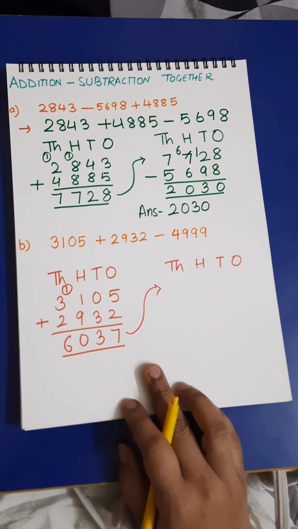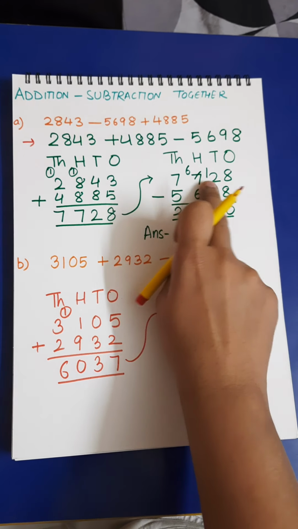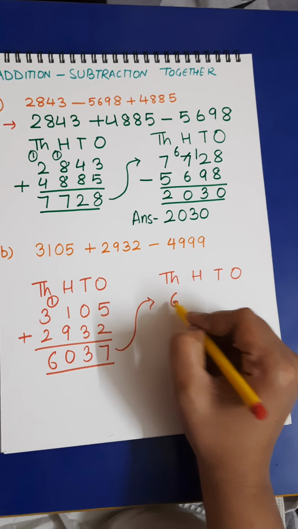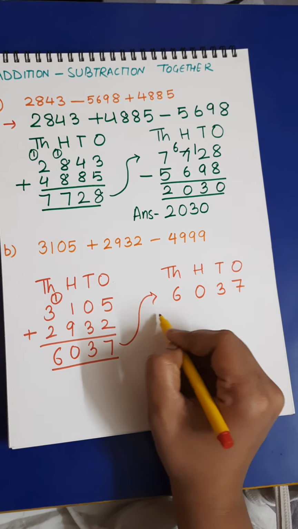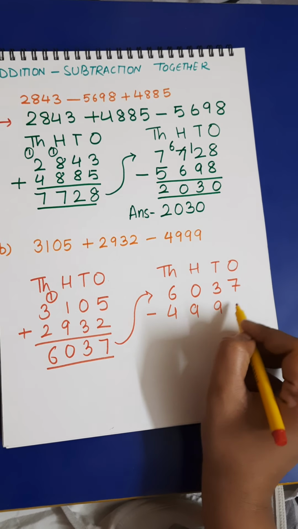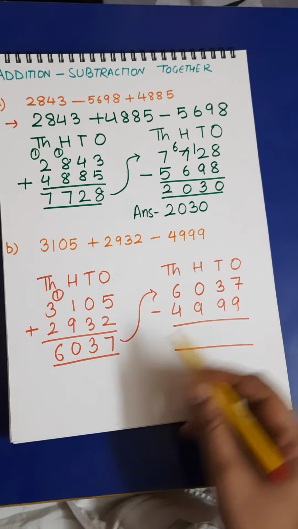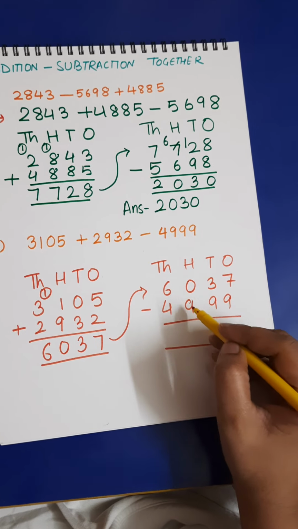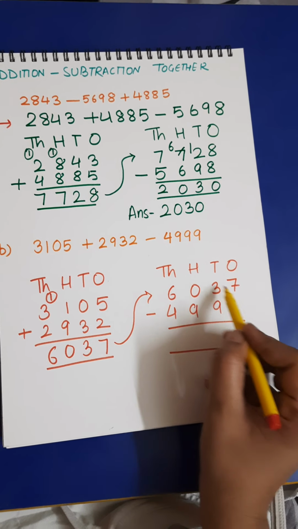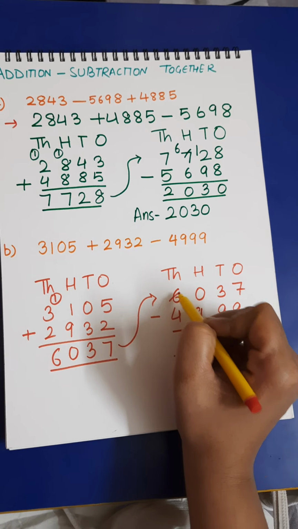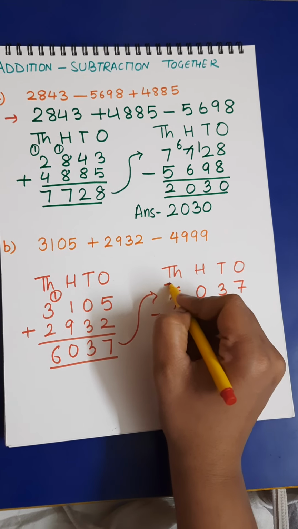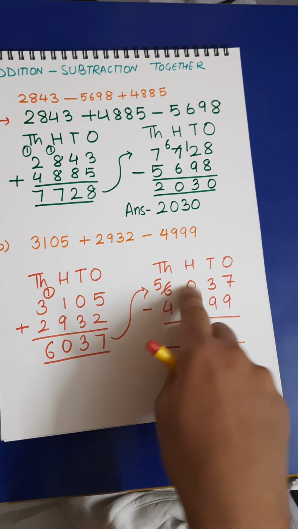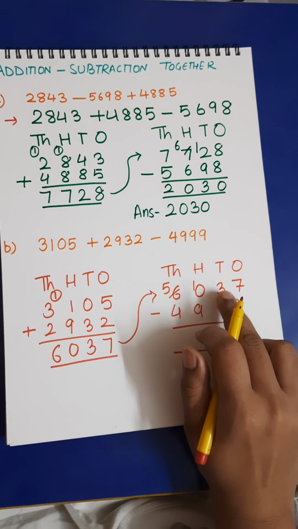Such arrows make your work clearer, showing where you got this minuend from. So I'll write my minuend and then my subtrahend to get my difference. Now here 7 is weaker than 9, 3 is also weaker, 0 is also. So all three of them, step by step, are going to get help from the thousands place. Now 6,000 has become 5,000. How many hundreds are there in 1,000? 10. So now we have to lend further.